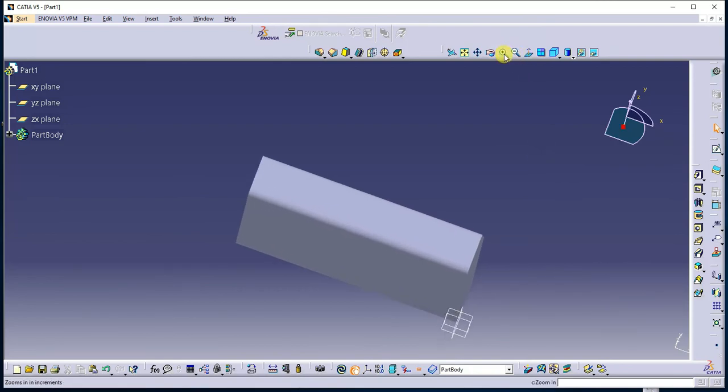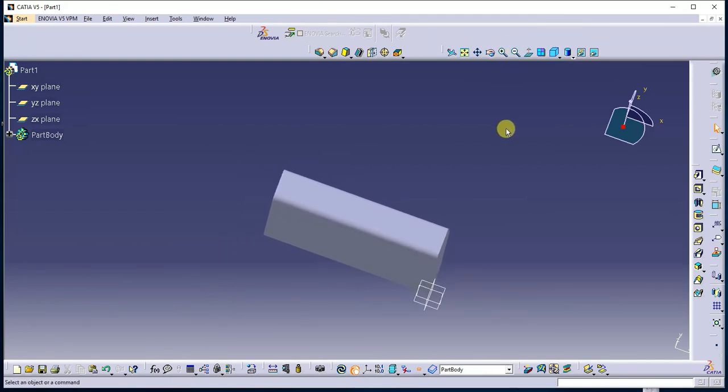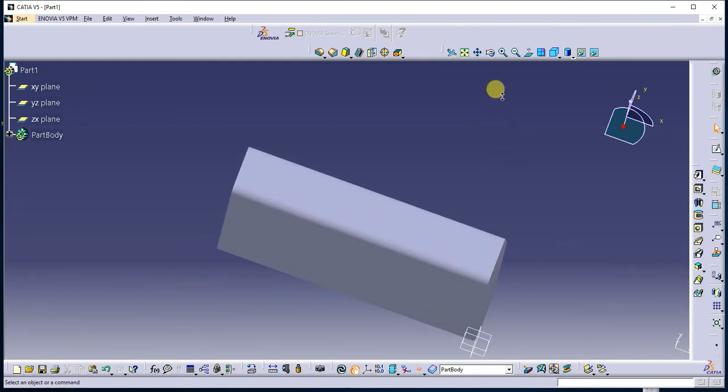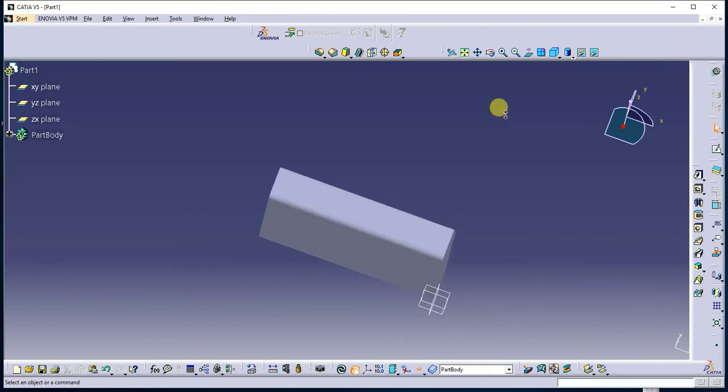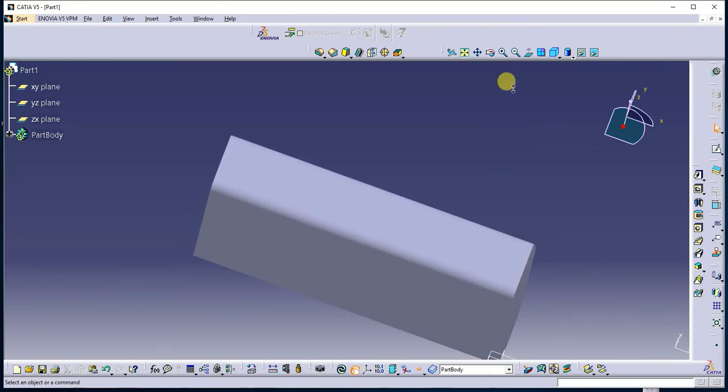Using these two you can zoom in and zoom out. Another is press control button and middle mouse button. See here, once again I'll tell you, hold the control key on your keypad, then press middle mouse button. See here, the cursor is changing here, so this indicates that you can zoom in and you can zoom out.